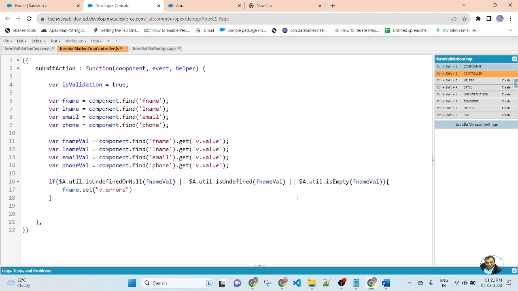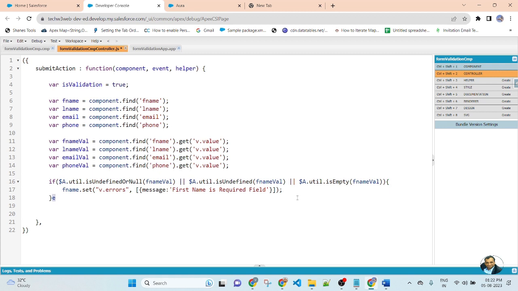This is the standard error message of Salesforce. Give the square bracket inside the curly bracket, pass the message colon, and here it will display the error message. So here the message will be: first name is a required field.